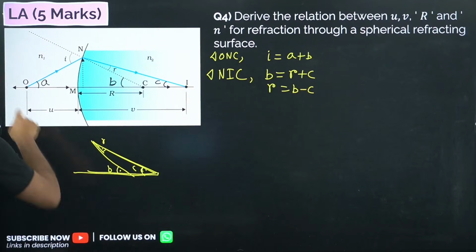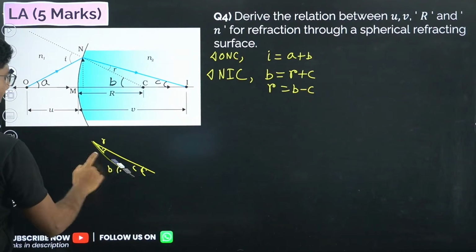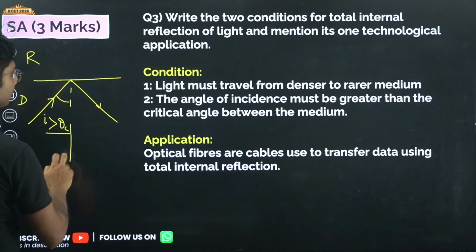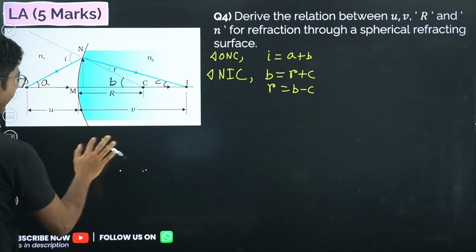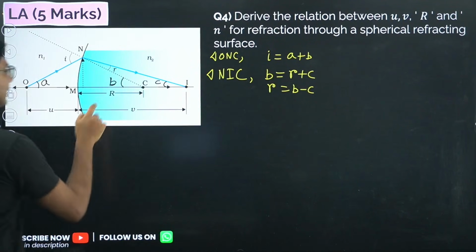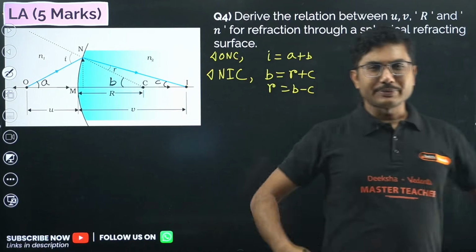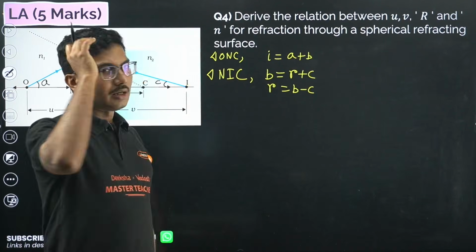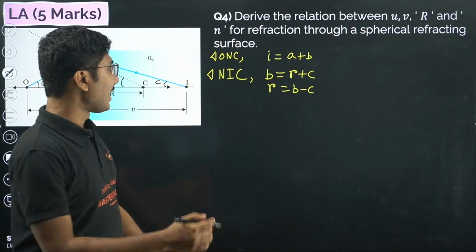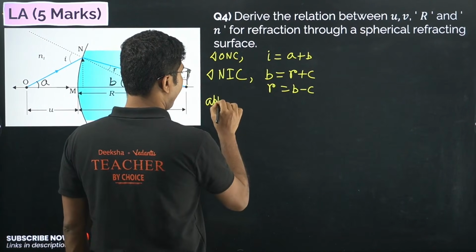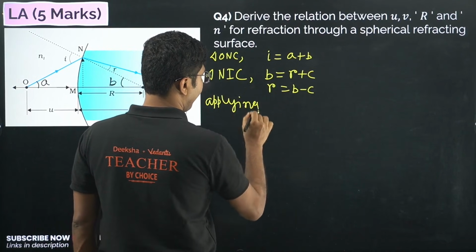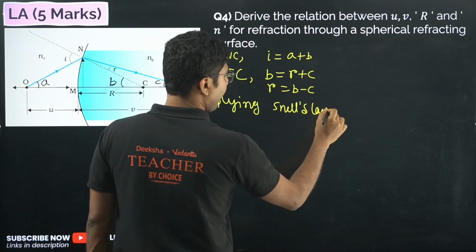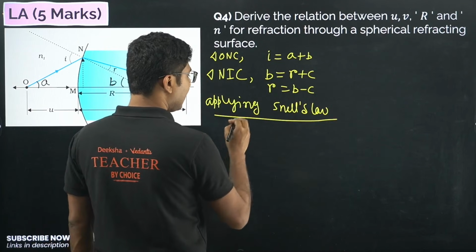So this is the first stage, one important step done. Once this is done, we can move on to the next step. What is the next step? Next step is to apply tan theta, sin theta, calculate, and then simplify. That is the major task. So first, apply Snell's law. What is Snell's law? Snell's law tells us that